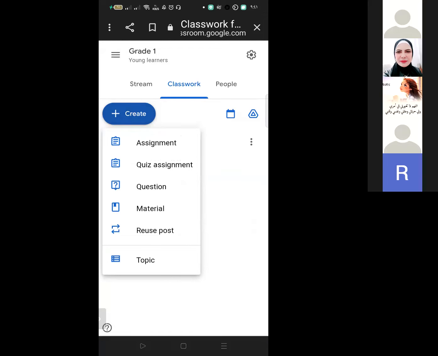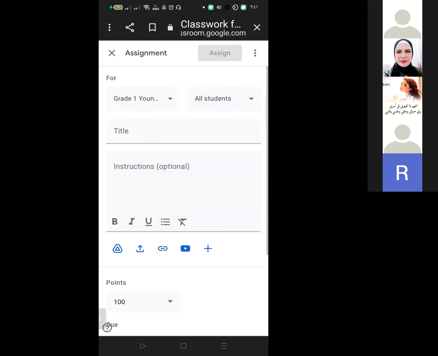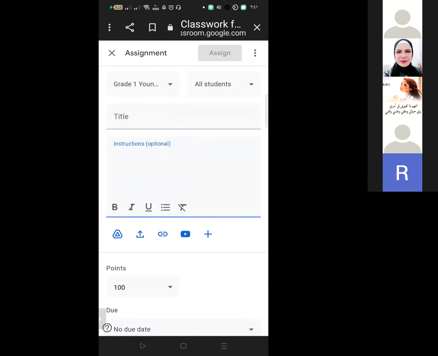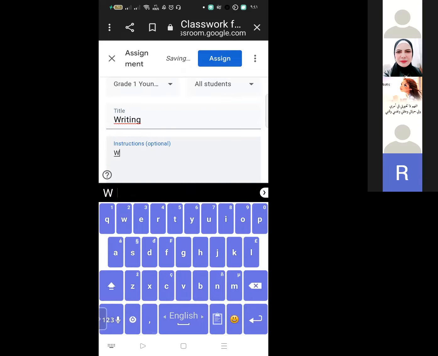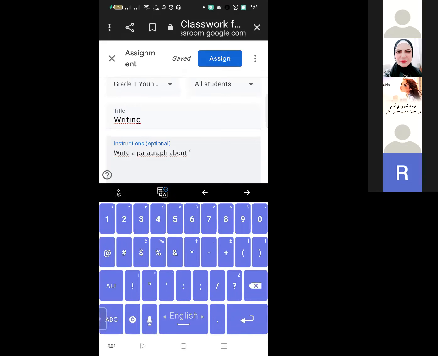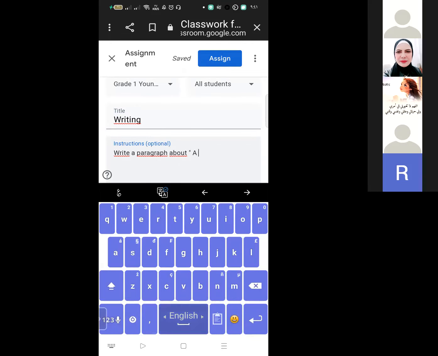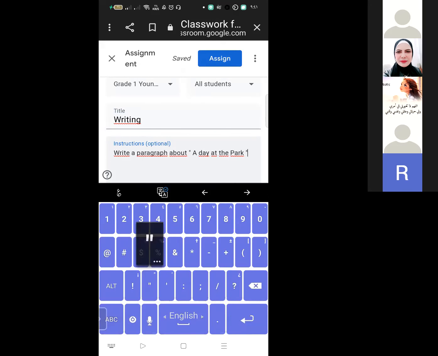Okay, if you go back again to this page, you can write here the title and some instructions. For example, you can write the title writing, and for example, write a paragraph about a day at the park. Okay, using